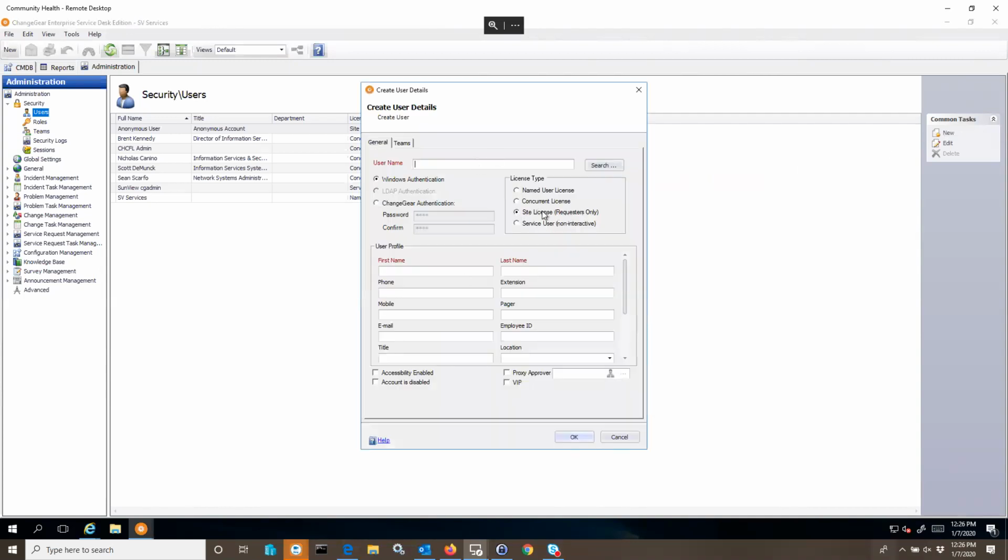you have site licensed. So you have an unlimited number of site licensed users, and those can be used for users who will be submitting requests, and that's more or less it. Requesters also have the ability to approve tickets. So